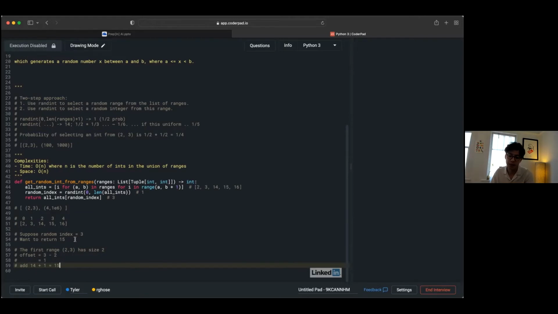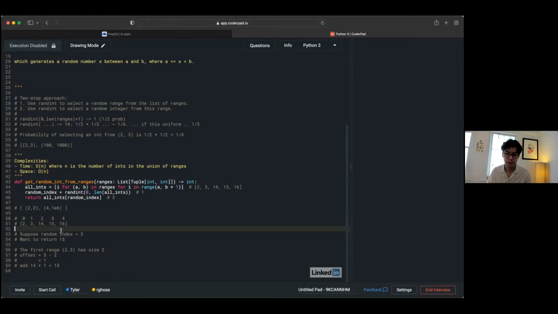So there's this way of doing clever arithmetic with the left endpoints and these offsets that I'm continuously updating as I iterate through the ranges in my list of ranges. And I can add the offset to the left endpoint to return an integer in constant time without ever having to explicitly construct this list consisting of the union of integers. So yeah, maybe I was a little bit sketchy in my approach here, but at a high level, how does this sound to you?